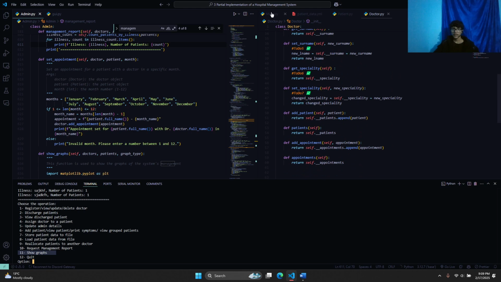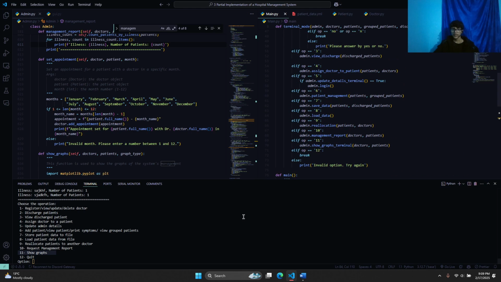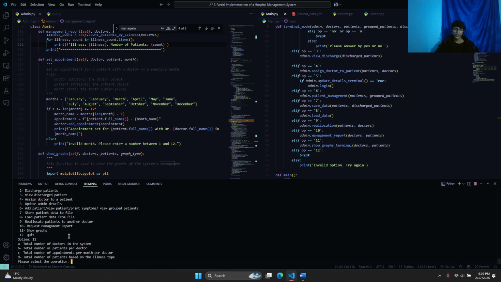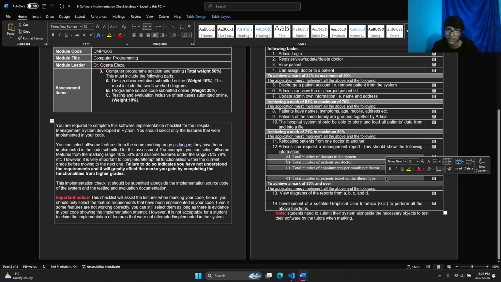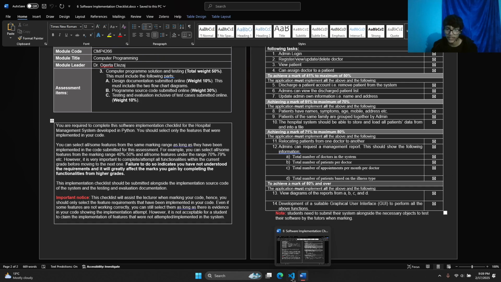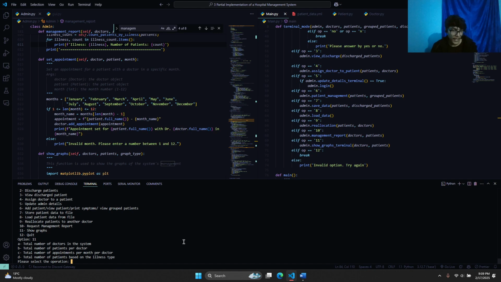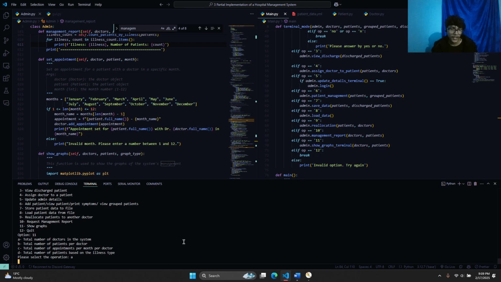If we select 11, it will load up matplotlib, and as you can see, it is mentioned to view diagram of reports from A, B, C, D. I expected this one to be ABCD, so I made the matplotlib graphs for this one. First, we have total number of doctors in the system. Let's just go through that. If we press A, it will open